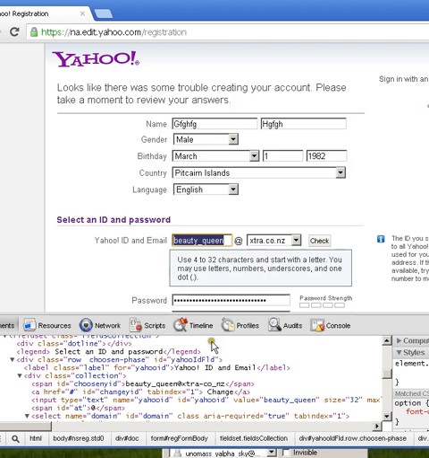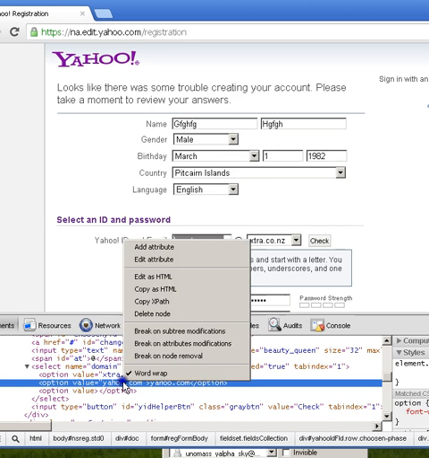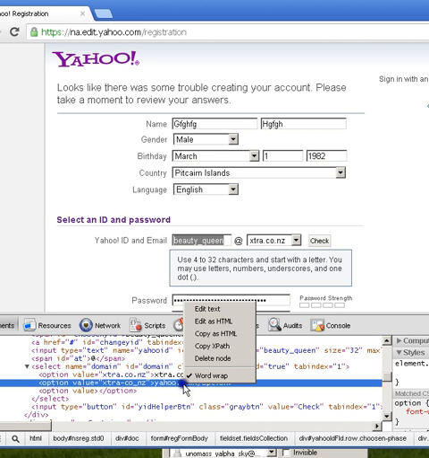If you got that error, just type in again, okay? Just type in edit again. Edit attribute. Same goes with the other one, okay? Edit text.